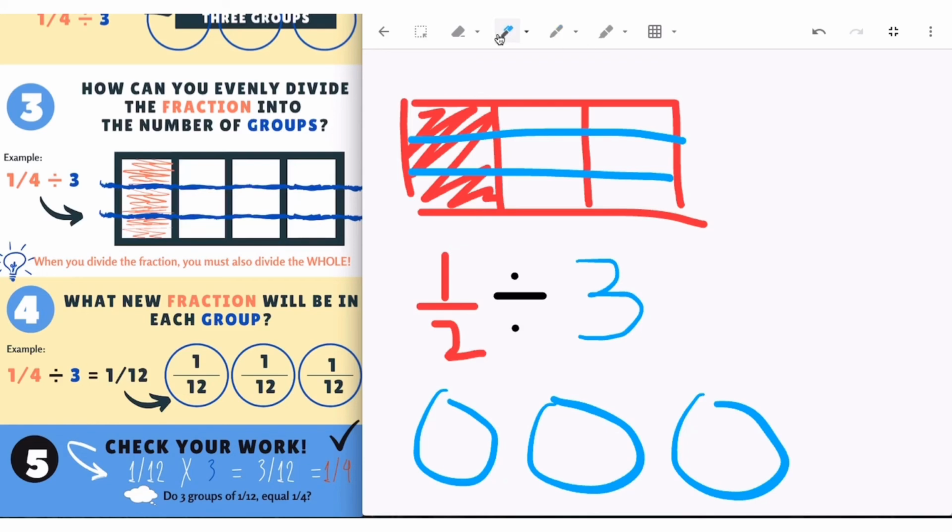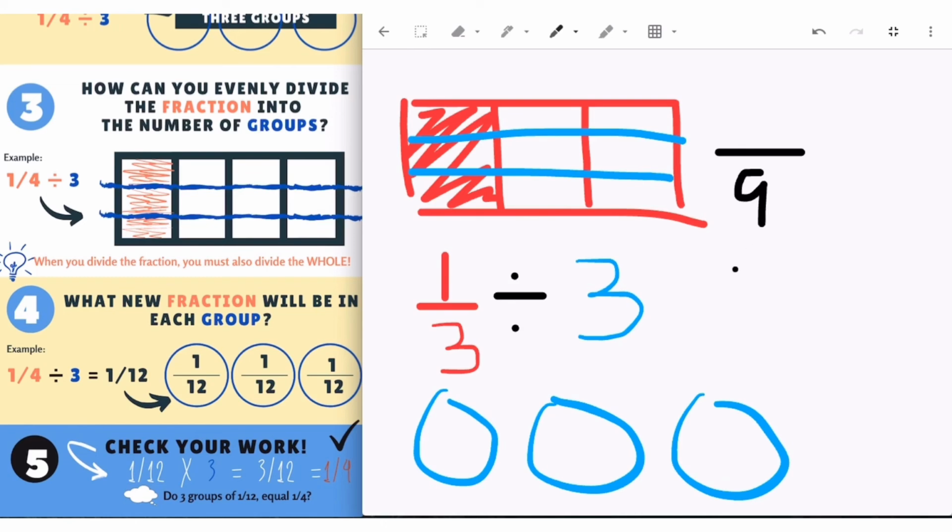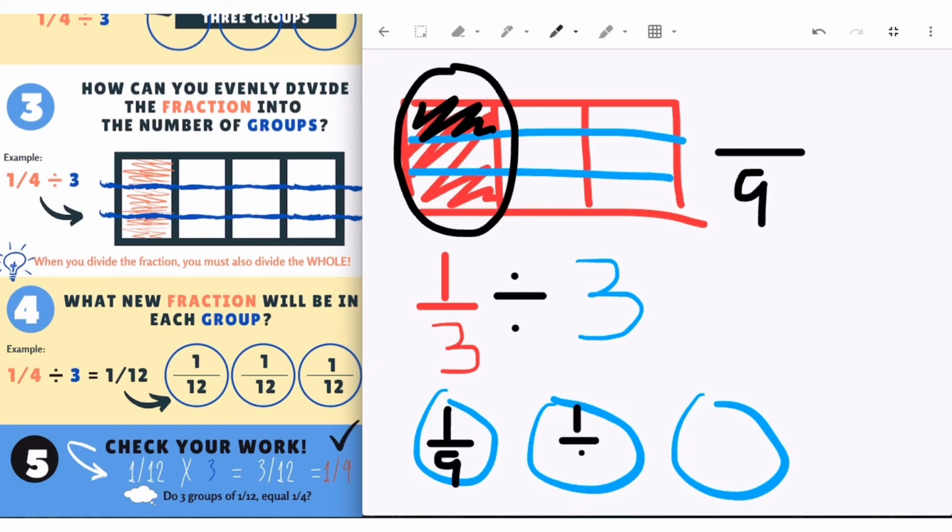Oops. I saw that I made a mistake. I actually have 1/3 divided by 3. So again, I'm looking at my problem, looking at my whole. How many pieces do I have in my whole? I have 9 pieces. How many of those pieces is going into each group? Well, I have this 1/3 that I'm putting into groups. So one piece is going into each group. So I have 1/9 in each group. So my answer